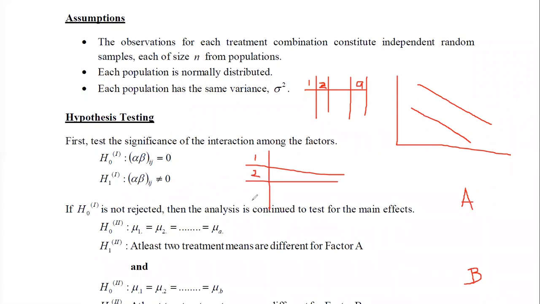Here these are the factor levels of factor B, and we had a number of levels. Therefore, we can perform another CRD for testing the effect of factor B. We can perform this calculation if and only if we obtain the result from the very first hypothesis that there is no interaction effect.